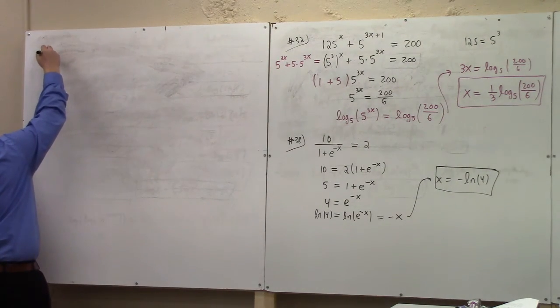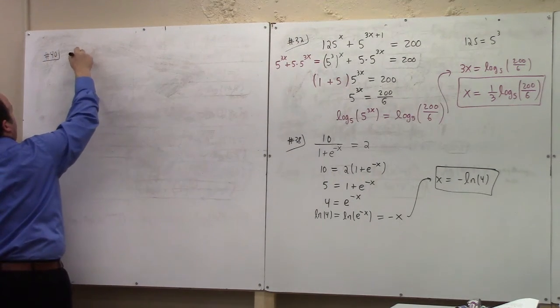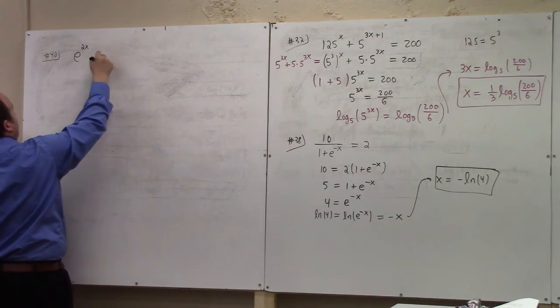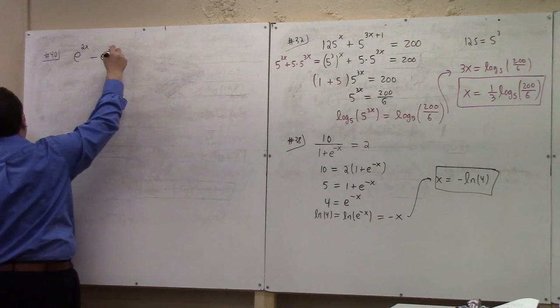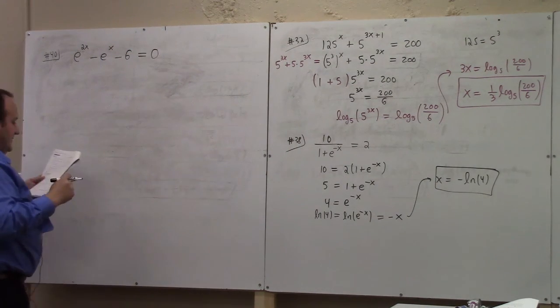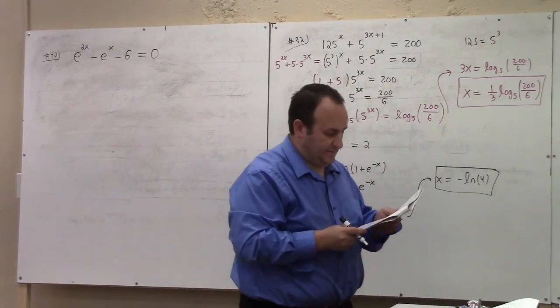So the problems like this are a little bit sneakier. So here we have e to the 2x minus e to the x minus 6 equals 0. And so this kind of problem,